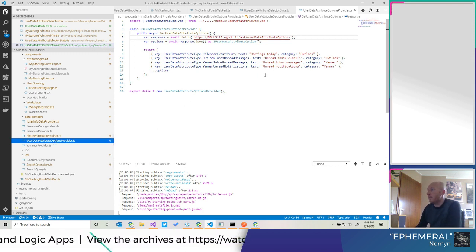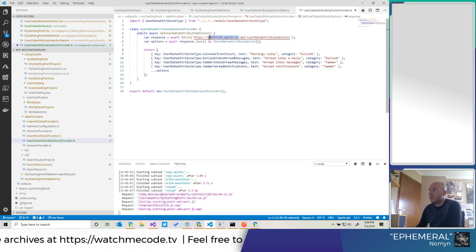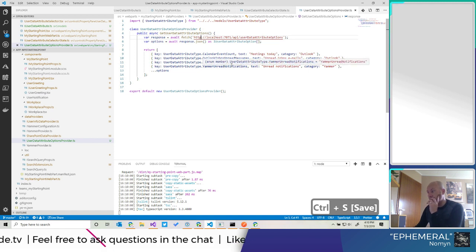Still not my favorite, but we'll have to do for now. I can change this to the different ngrok URL, or we can just accept that we are running locally now, so that I don't have to change it every single time while we are debugging this.